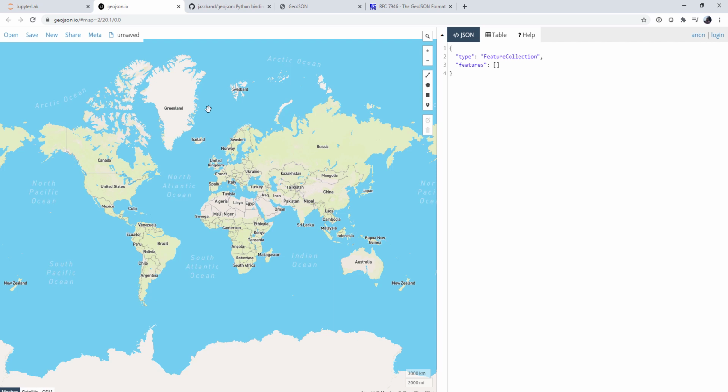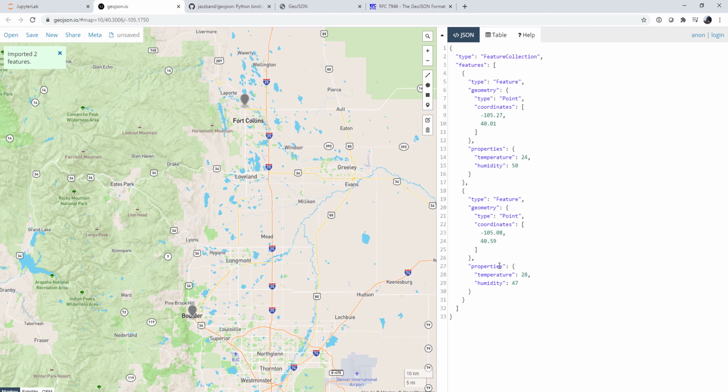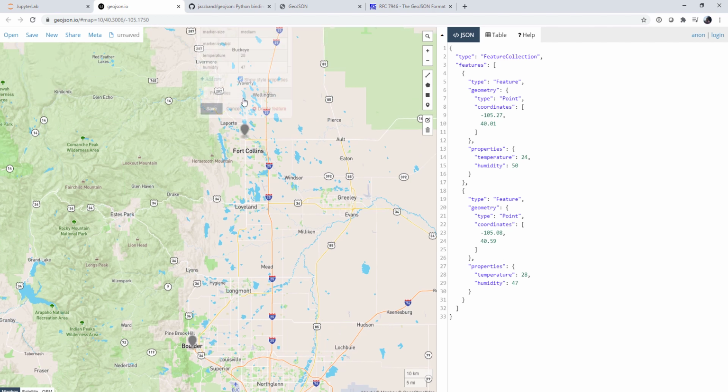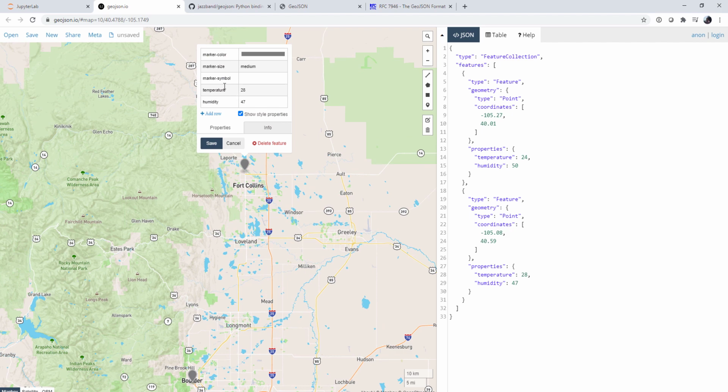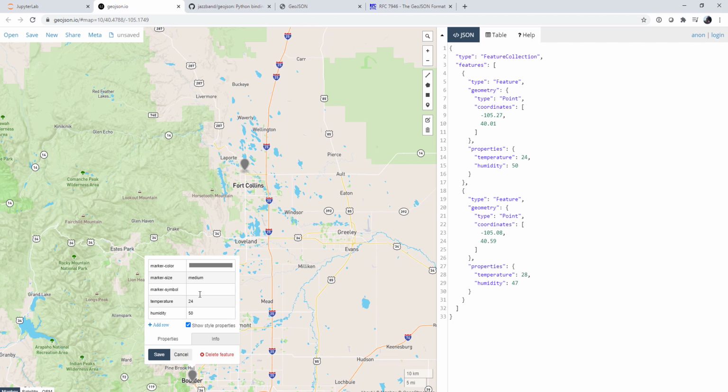So let's load up our file. So there it is. There's our text representation, and here are our 2 points in Boulder and Fort Collins. If I click on them, we see there are properties of temperature and humidity. Some default style properties have been added. We can uncheck to not show those, but these are standard names and we can also modify them. So let's go back to our notebook,